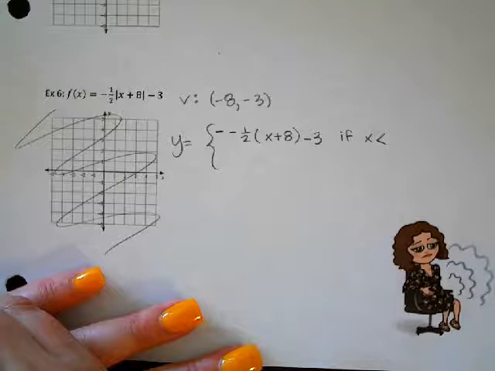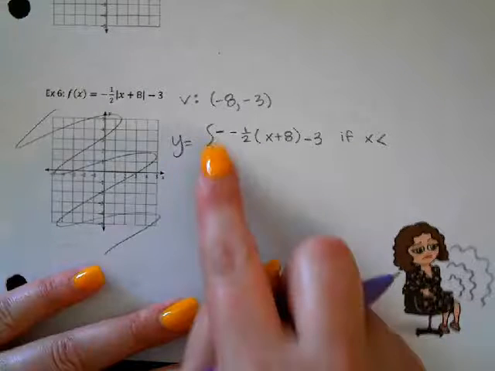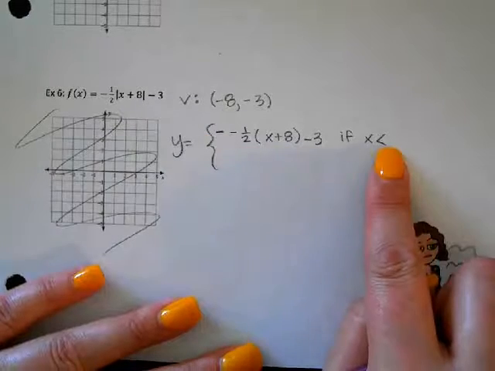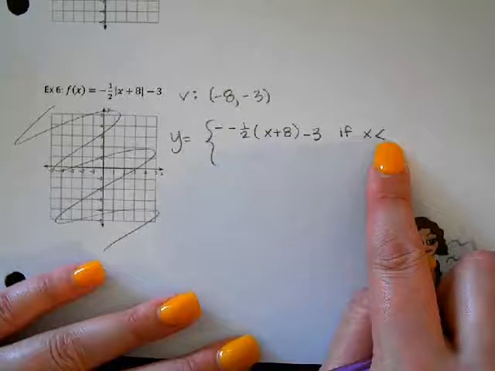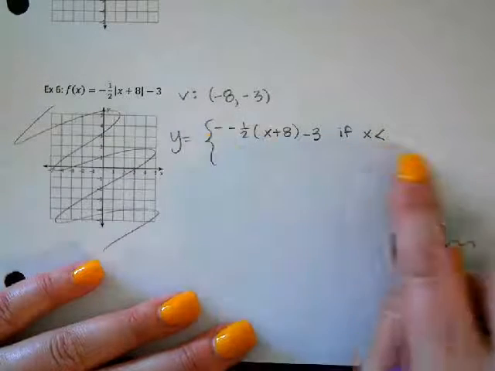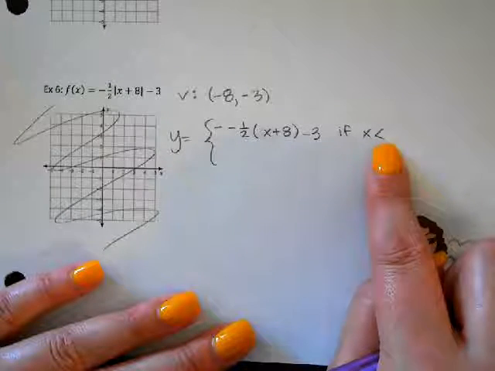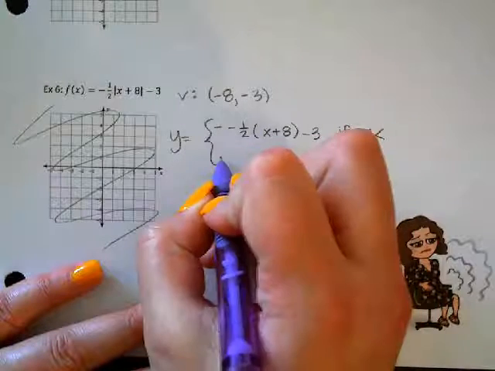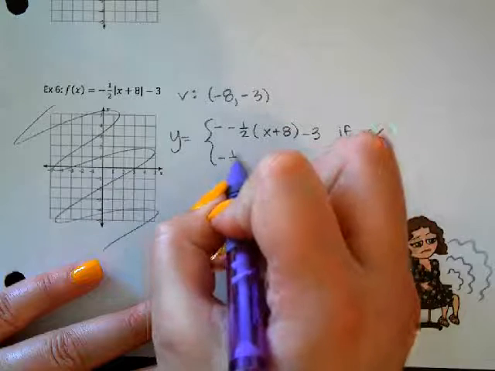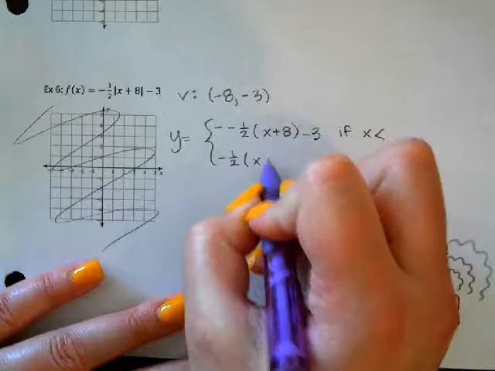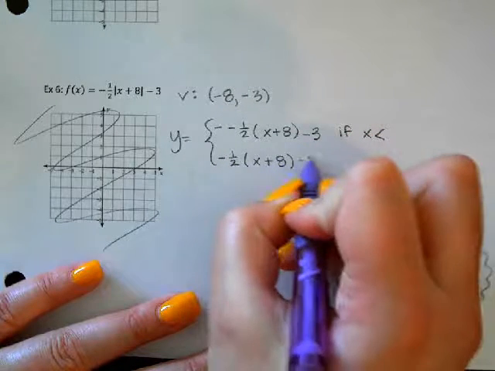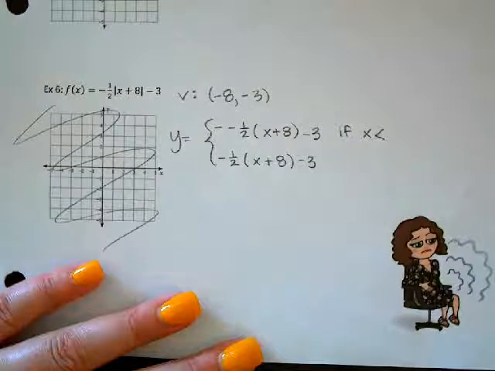Are we cool with that? Negative version goes with left. Did we pick that up from the notes? That the negative version is when you go left, when you look at the left side? Okay. And then the regular version of the equation,